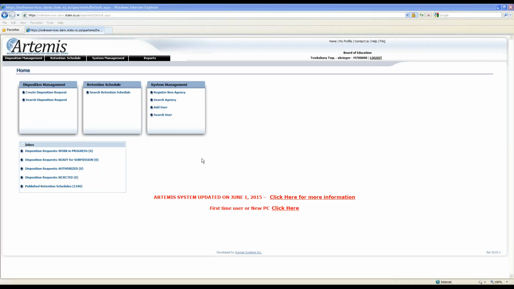And then last question for now, and then we'll get back to questions a little bit later, from Robin. What do you do once you get permission to destroy? Do you need to print out the approval, or is it fine to just have it in Artemis? Give me a second, Robin. I'm going to go through that process in about 2 seconds. So let me finish this. And then give me 1 second, folks.